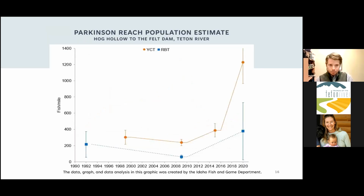Moving upstream and into the Teton River Canyon, a really wild and beautiful place. If you've ever had the opportunity to go to the Teton River Canyon, you're lucky. And if you haven't, you should check it out sometime. Anyway, the Parkinson Reach of the Teton River is between Hog Hollow and the Felt Dam site. As you can see, it's not often surveyed, but we've seen a tremendous increase in Yellowstone cutthroat trout in that section of the river. And it's a really encouraging sign for the species and for the Teton River watershed as